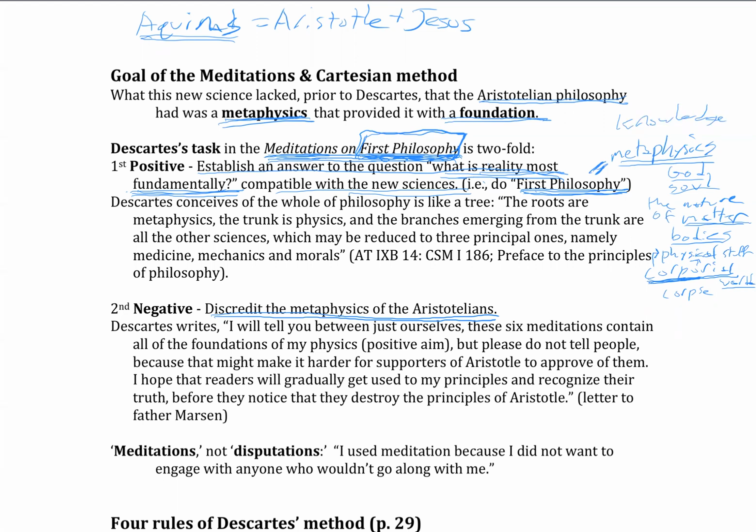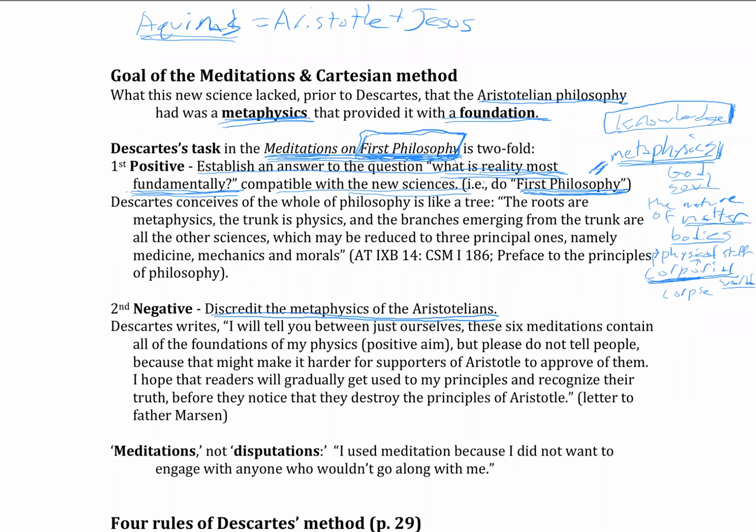In the modern period, there isn't really a strong distinction drawn between epistemology and metaphysics, in the way that if you're familiar with philosophy today, there's a strong distinction, where metaphysics studies what there is and epistemology studies how we can know things. Descartes is going to think of both of these as part of metaphysics, or first philosophy.